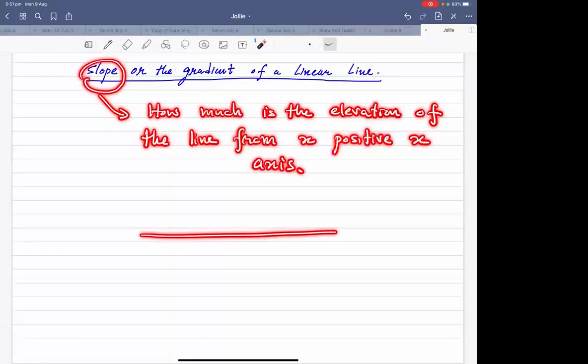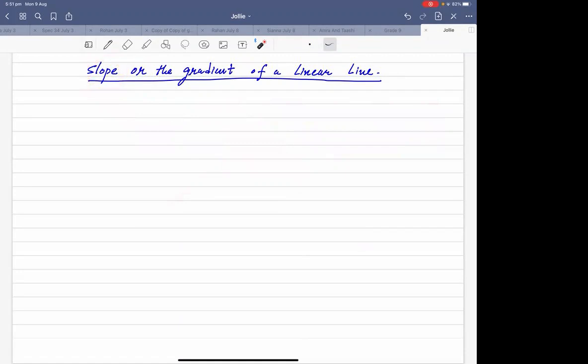So this is the x-axis. If you have a line like this, slope is 0. If you have a line like this, slope is not 0. So that means if you have a line, this is your xy coordinate system. If you have a line like this, we call it slope 0, because there is no elevation, right? But if you have a line like this, now you can see with the horizontal line,